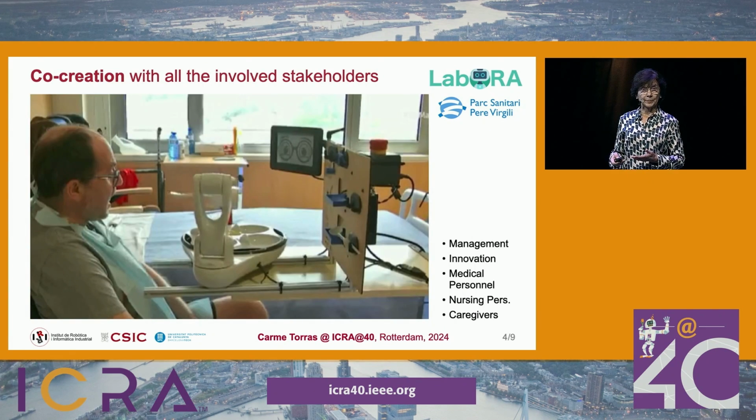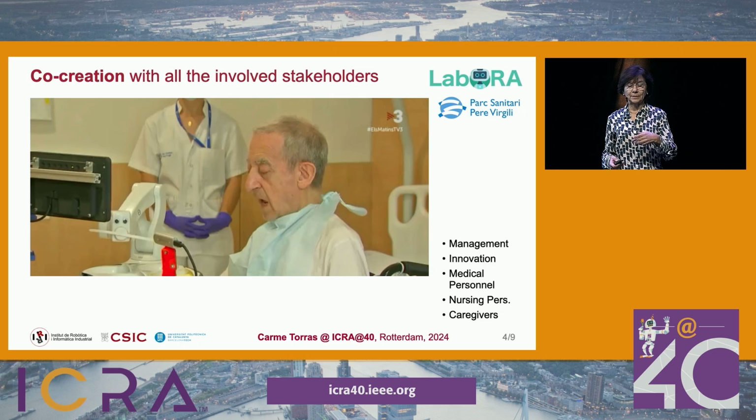So we then performed experimentation with patients in the hospital. And to our surprise, they wanted to incorporate this face you see here, because they wanted to interact with something, even if we told them, no, this is just an appliance. It won't understand you. It's just an intelligent, between quotes, appliance for you to be autonomous in eating. But they insisted and insisted, so we finally placed this face. And well, we had an experiment then with 60 patients, and at the beginning, there was